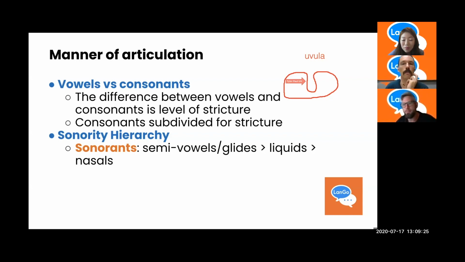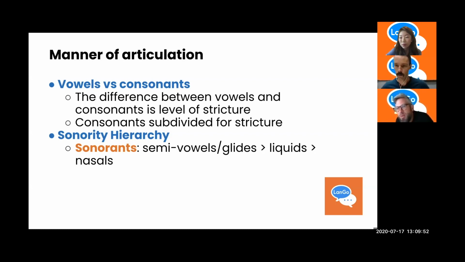Liquids are the next most sonorous sound. And in English, we have two: L and R. And our L's and R's manifest differently a little bit in different places too, which is kind of interesting, but a story for another day. Anyways, liquids are pretty sonorous. And if you wanted to know why, you could see that they barely impede the vocal tract at all. An L, called a lateral in linguistics, is called so because it allows the air to flow around one side of the tongue, right? Or both, if you're a rare diamond.